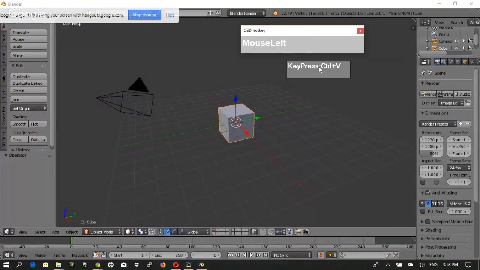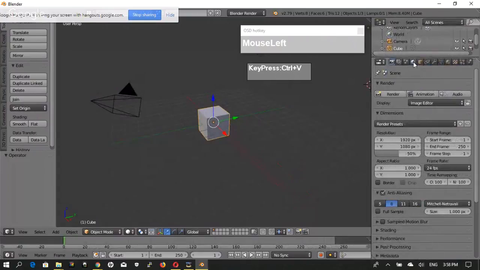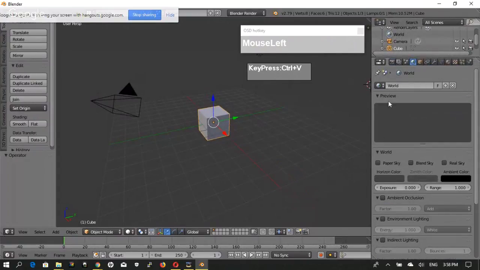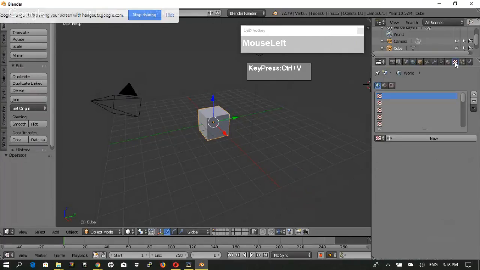Okay, so first you need to go to the world settings in Blender right over here. Just click on it. Right, once you've clicked on it, you click onto the texture. So this is where you're going to bring in the video to be acting as an environmental texture. So click on new